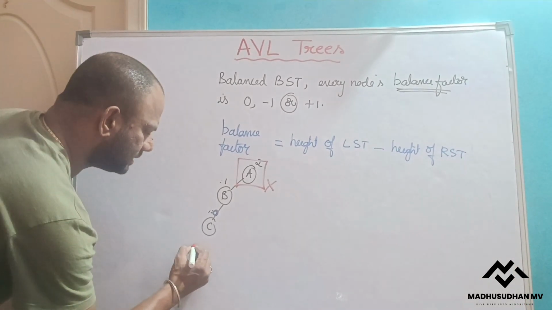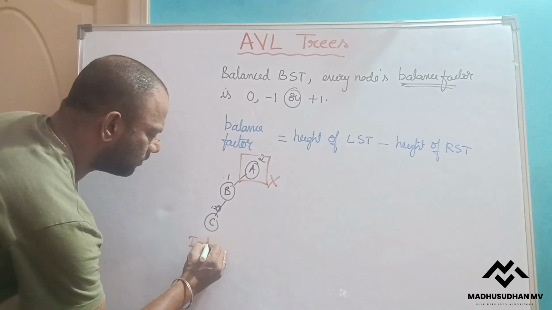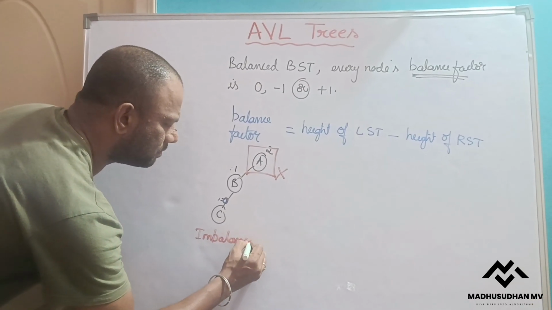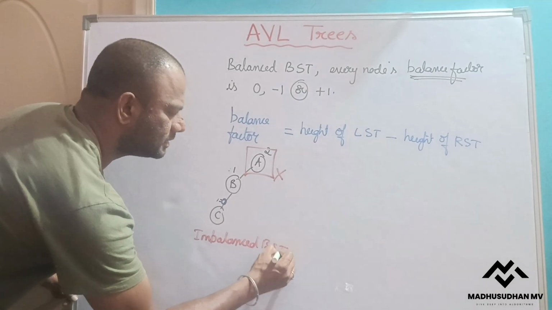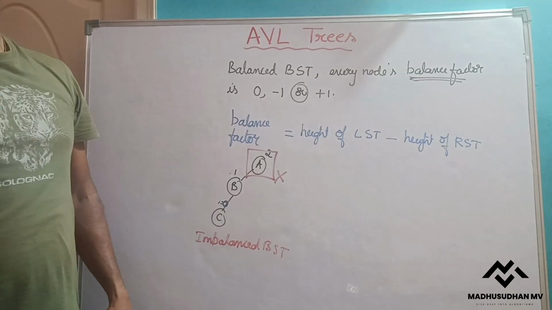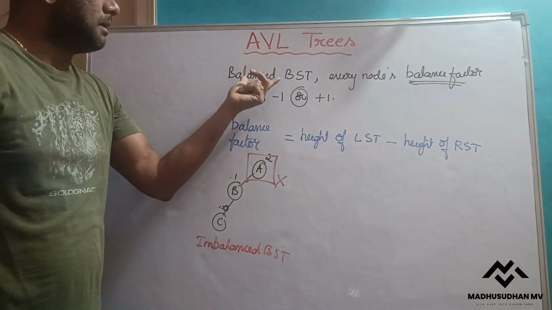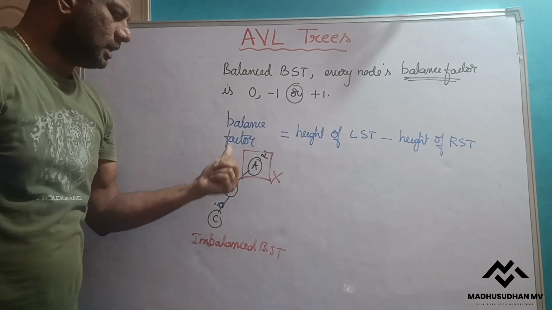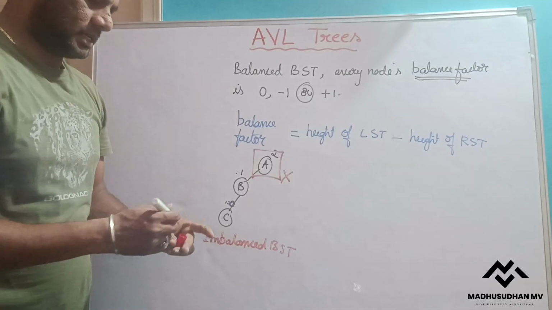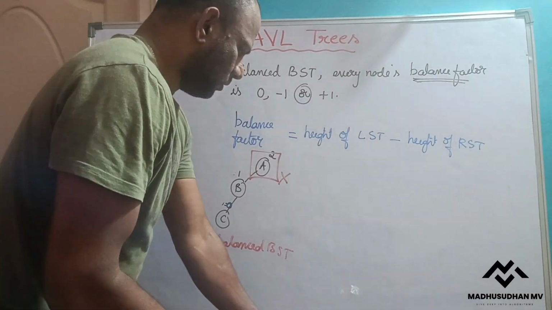Or I can say this is an imbalanced binary search tree. Hence this is not an AVL tree, because an AVL tree is a balanced binary search tree. This is not balanced. Now let us take one more example. Okay, now